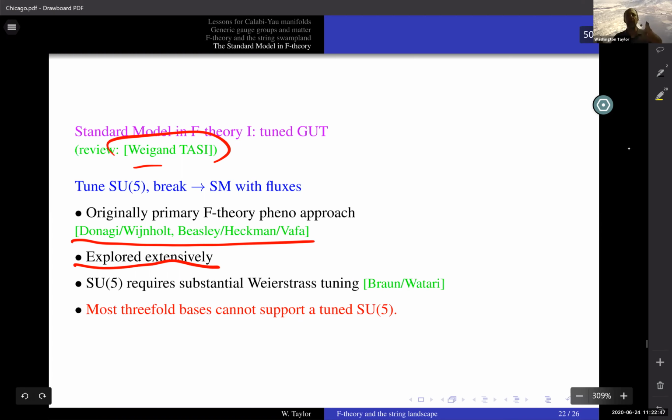But just to say how this fits into this big picture, the SU5 requires substantial tuning in the Weierstrass model, for one thing. And the other thing is that most of the bases can't support a tuned SU5. If I go back to that picture of where all these Calabi-Yaus are,